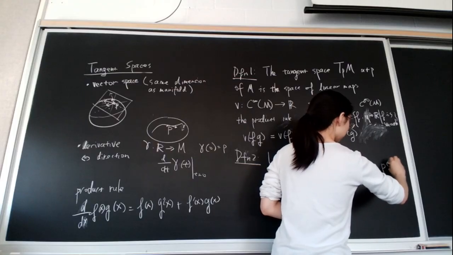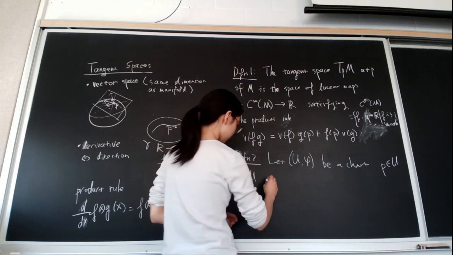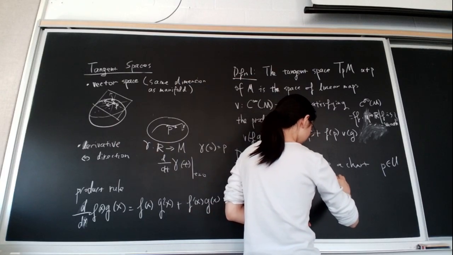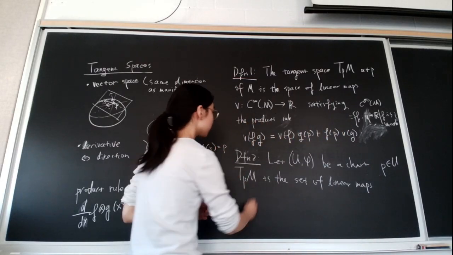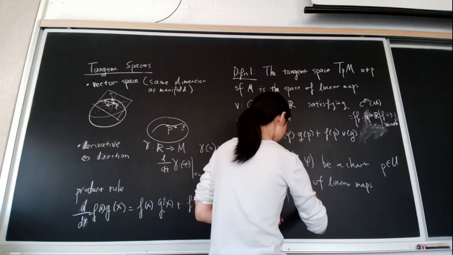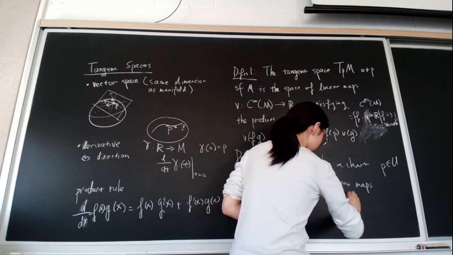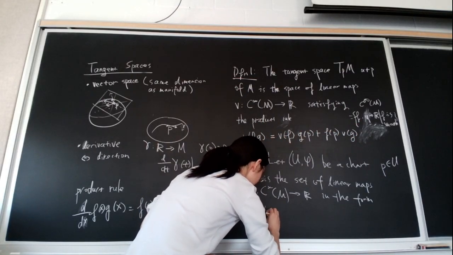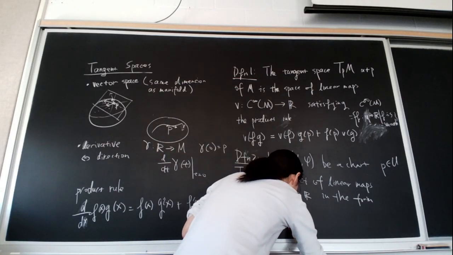Around the point P, so P is in U, and the tangent space is defined to be a set of linear maps V from C infinity of M to R, in the form V applied to F is equal to the sum over I